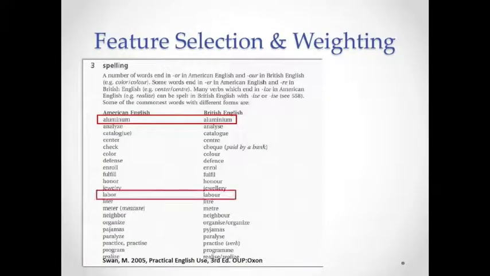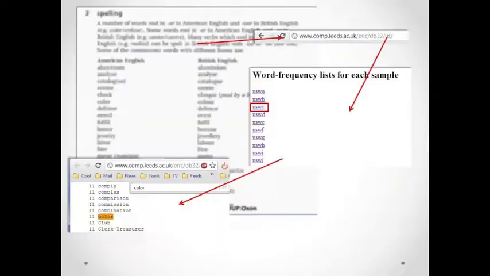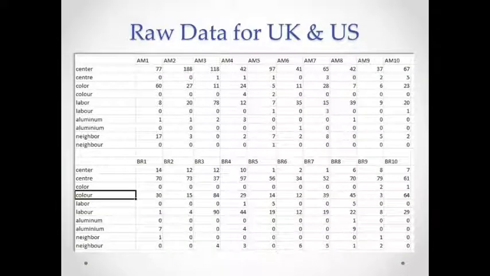Features such as aluminium, labour and neighbour were selected from Michael Swan's Practical English Usage as examples of spelling differences which separate British and American English, as well as colour and centre. The frequencies of these words were then checked manually by downloading word frequency lists for each corpus of US and UK English supplied by the Worldwide English website,